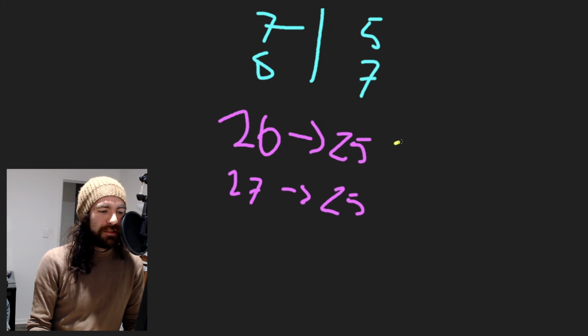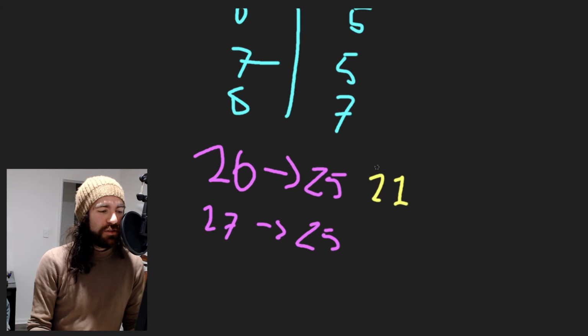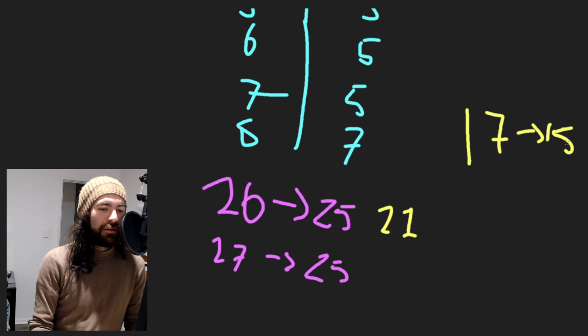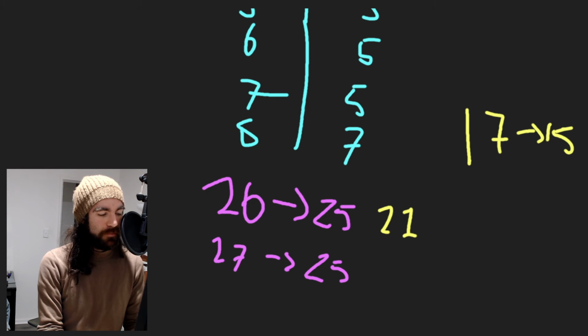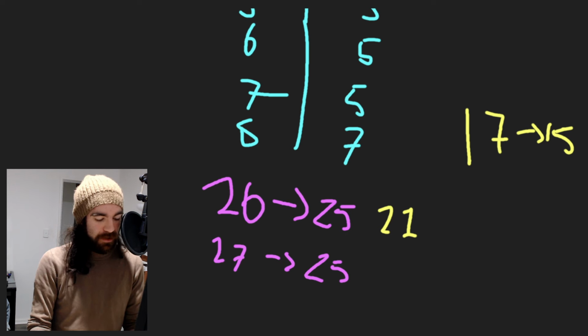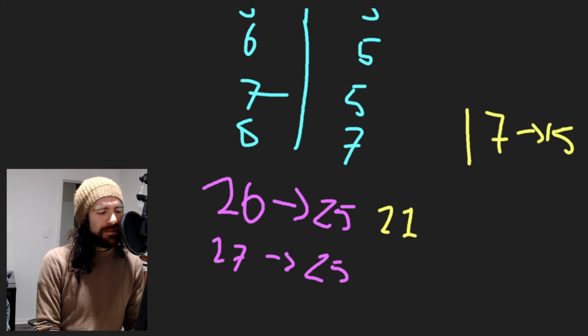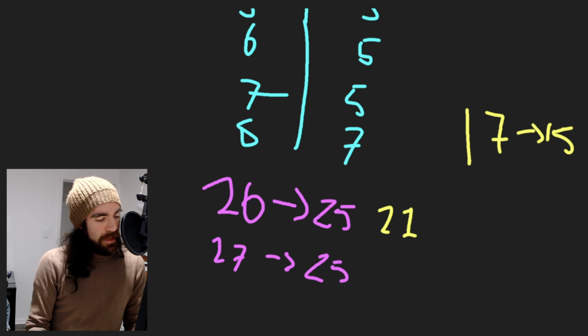But we know that this is actually 21. So let's pick a number in between. Let's say 17, which we would expect to go to 15. But it probably won't. C, D, E, F, G, H, I, J, K, L, M, N. What did I say? 17. 1, 2, 3, 4, 5, 6, 7, 8, 9, 10, 11, 12, 13, 14, 15, 16, 17. Q, the 17th letter of the alphabet. Does that make sense?